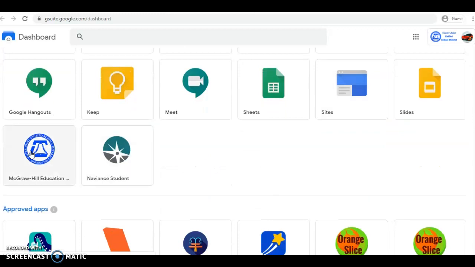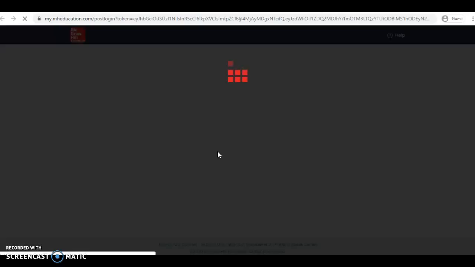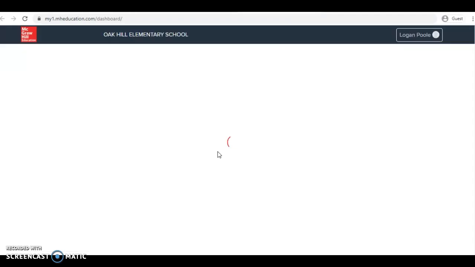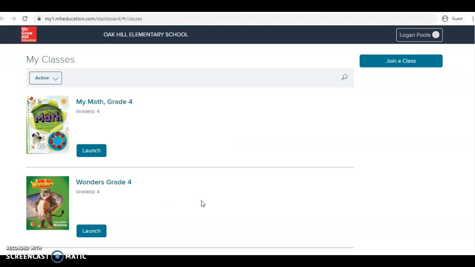And you'll scroll down and you'll see this McGraw-Hill Education logo. And that is what we need for the curriculum. It takes a second to load. And you'll see the 2 books that are available from our school. So then you click on the book,